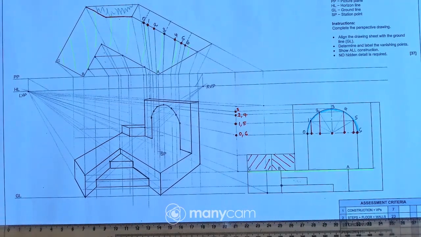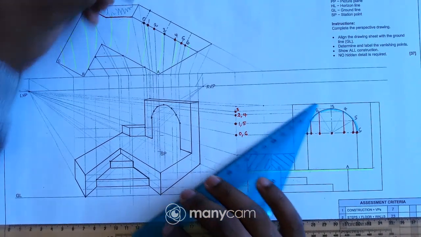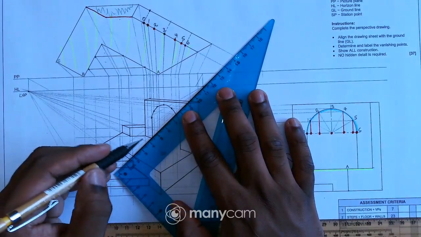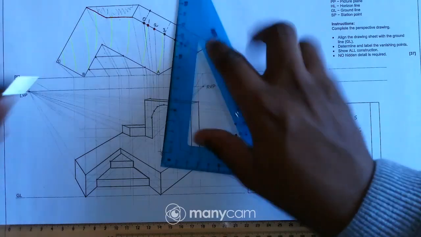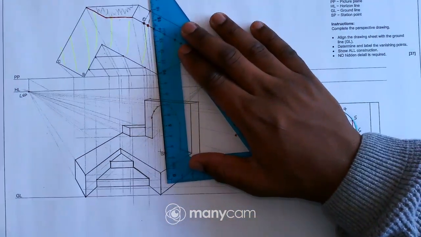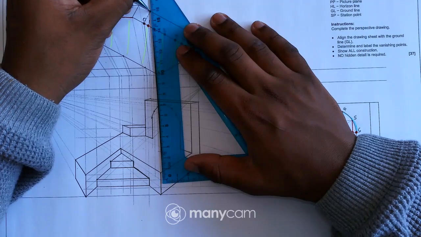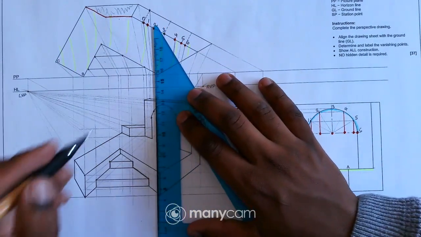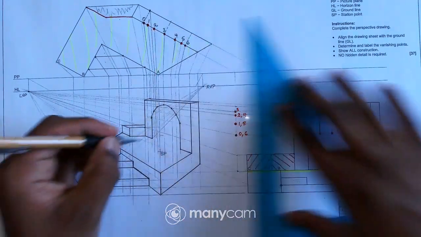But obviously it's possible that we'll see a small section of an arc there, but for now let me just get the bottom point. So I'll take this corner to the RVP first, like that. Then that point up there, I have to take it to the station point first and draw a vertical line.